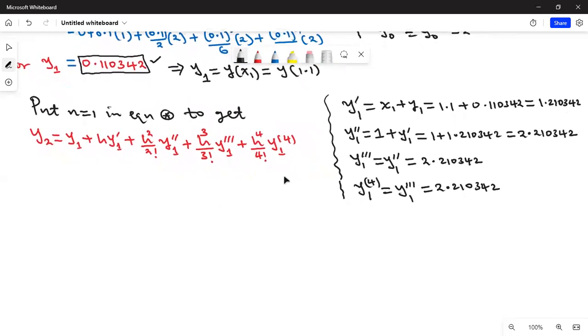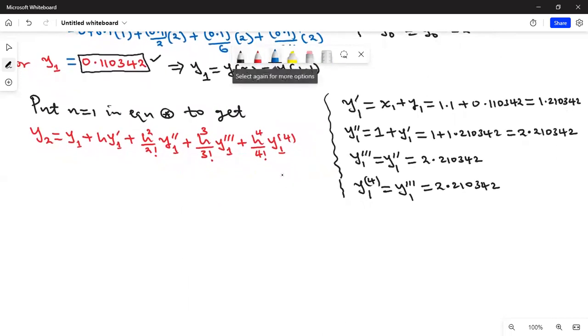Let's substitute them back into the formula for y2. So we can now say that therefore our y2 is equals to y1, which is 0.110342, plus h, which is 0.1, times y1 prime, we got 1.210342, plus h squared, that is 0.1 squared, over 2 factorial, that is 2. Y1 double prime, we got 2.210342,